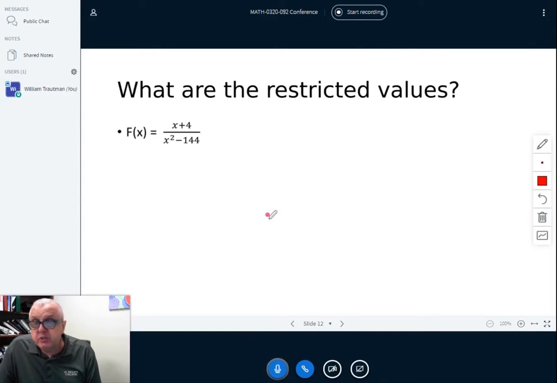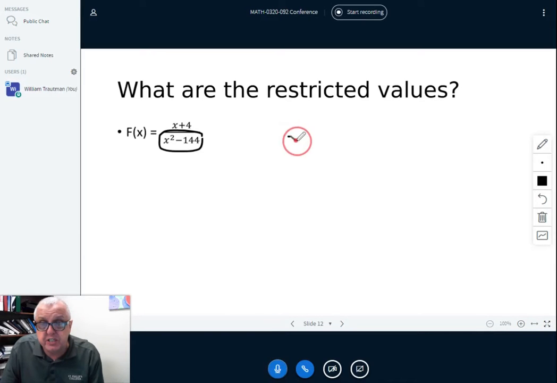Okay, what are the restricted values? So in this problem, it's worded a little different than you're normally used to. And you've seen this as, what is the domain? So the wording isn't the exact same, but in order to find the domain, we know a rational equation like this cannot have 0 on the bottom of the fraction. In other words, x squared minus 144, it cannot equal 0, right? So in order to find out what x equals,